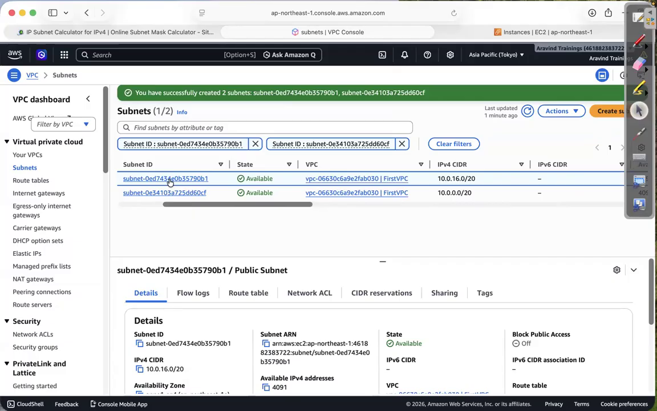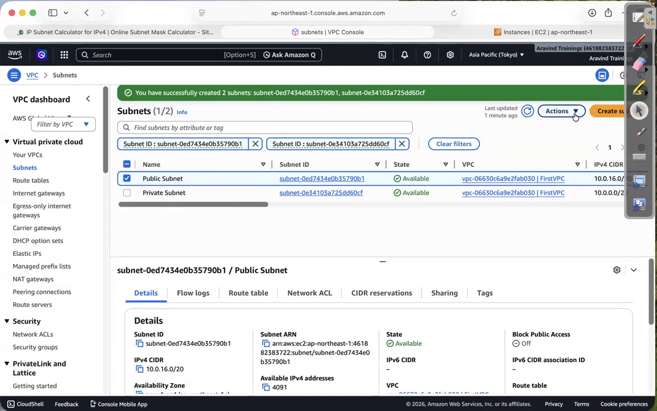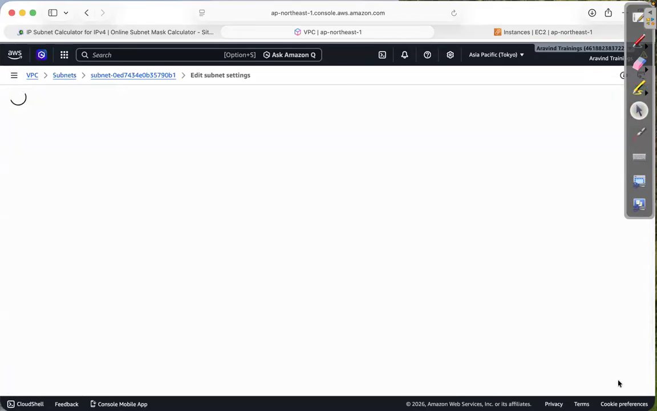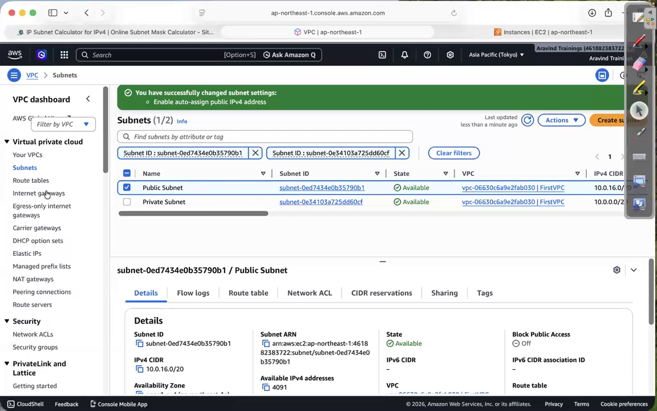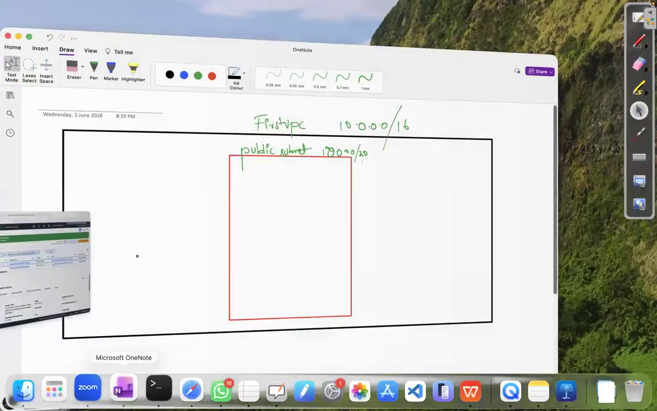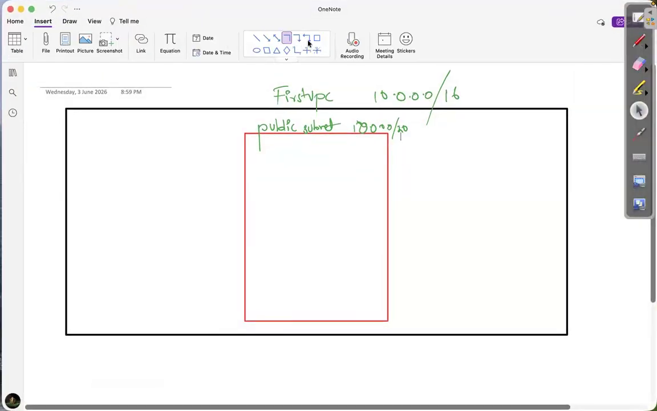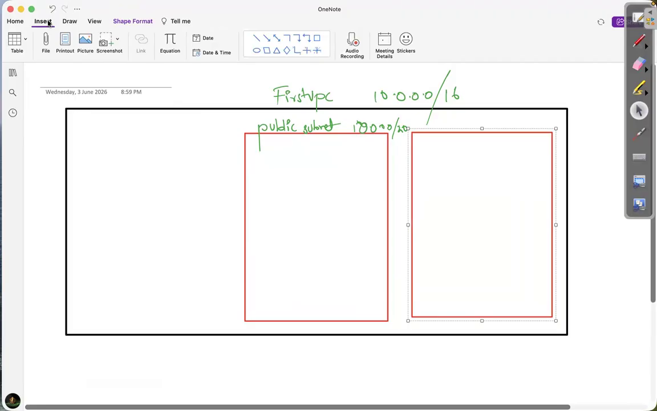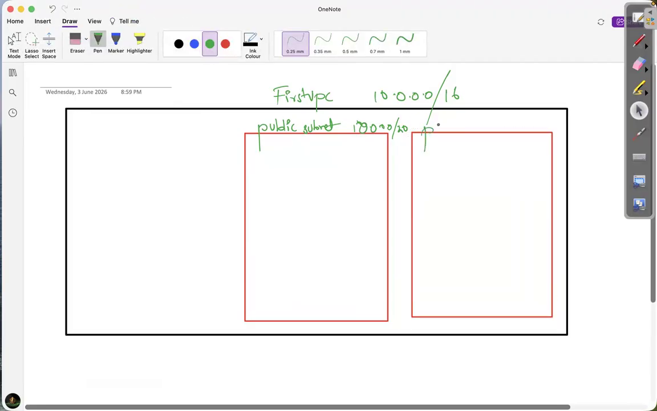If public IP is not there, can you log into the machine? No. Let's make it public. Select subnet, go to edit subnet settings, enable auto assign public IP. Enable. Click on save. That's all. Okay. What next? Routing, internet gateway, right? Yes. Before that, let me create this private subnet. So private subnet also created. Private from 10.0.16.0 to 20. The next one is